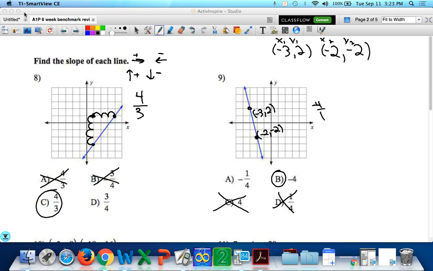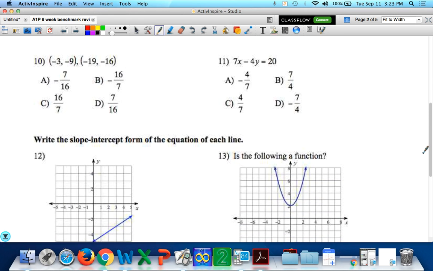Number 10 has to be done that way. So we have an X1 and a Y1, an X2 and a Y2. We know that our formula, this will be on your formula sheet